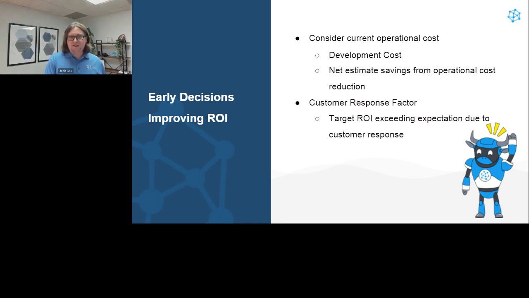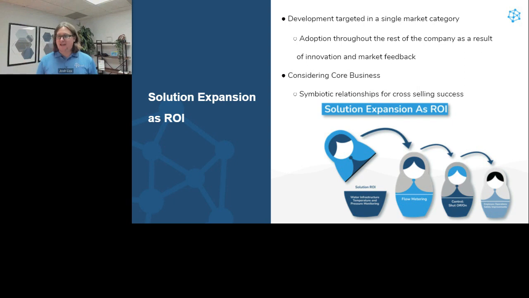The other piece where we see a lot of adoption and help with ROI is the expansion nature. You get in, you run that proof of concept, and we productize a solution that's perhaps not the main company's focus. So maybe you have a business that's split into consumer and industrial, and we develop a LoRaWAN solution for the consumer segment. Then the industrial segment looks at that and goes, hey, it'd be fun to pull that into our industrial products. Or perhaps you've created a whole new market for your company. So we had a client, Simmons, who's traditionally been just a plumbing company providing plumbing parts and things of that nature.